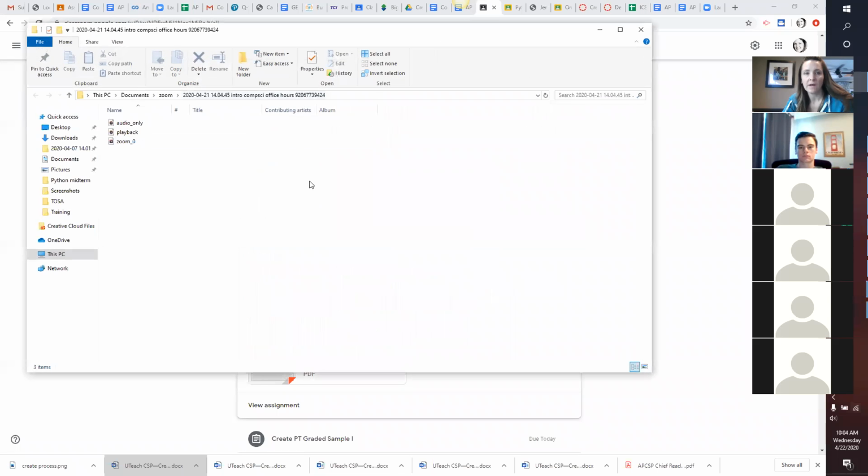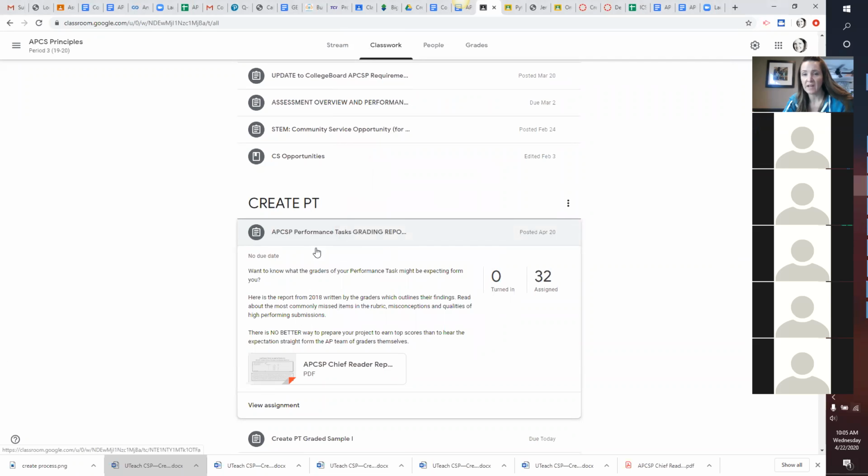So in Google Classroom, under the Create, one of the things that I put in there was this grading report. What happens is all of the graders who grade all of the performance tasks, remember we talked about, you know, 100 teachers sitting in a hotel room for a month grading these. After they get done grading all of them, they release a report. It's actually a ton of great information for you about how they grade, what they want students to work on, where students are making mistakes. So if you click on this,